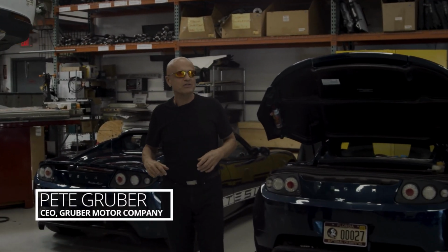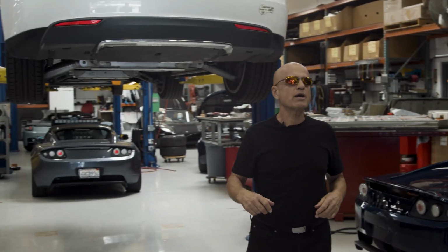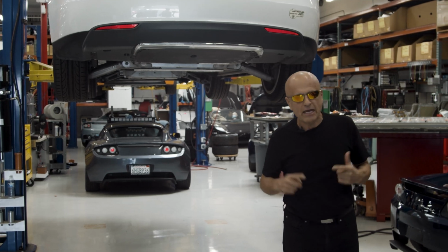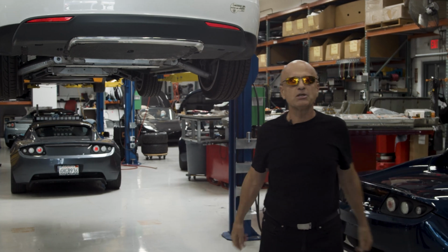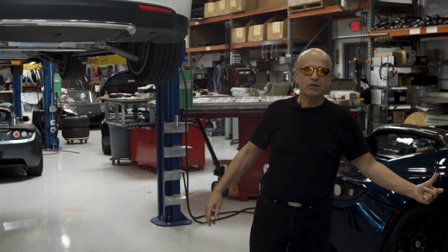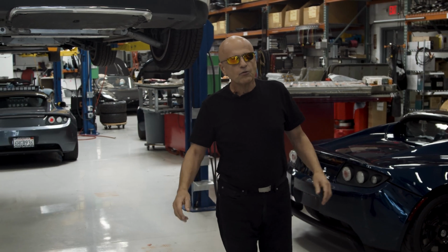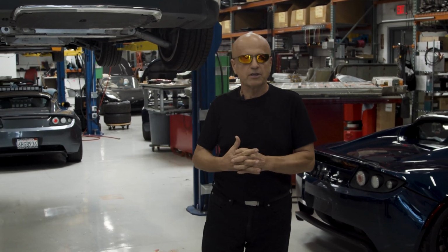I'm Pete Gruber, and today we have an exciting new tale about a Tesla Roadster that was crashed twice during production, once at the Lotus plant at Hethel UK and once in the US, and then ended up being sold to a crown prince in Abu Dhabi, and then ended up at a Tesla service center in the US to be dismantled for parts. For those of you that have not seen our world's fastest mutant roadster video, I'm going